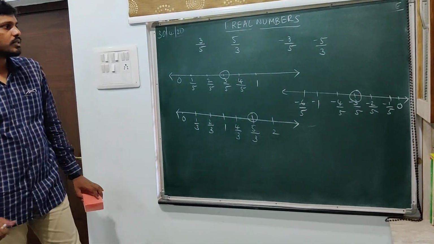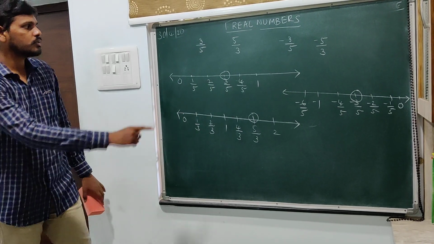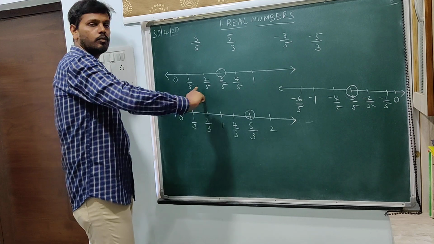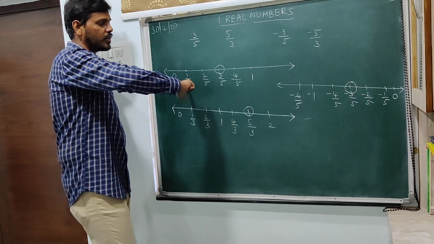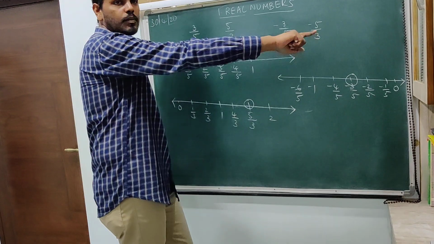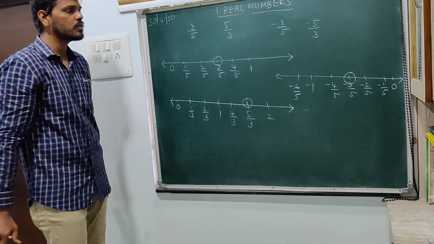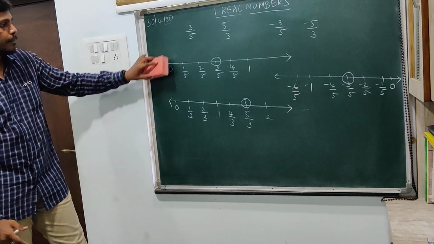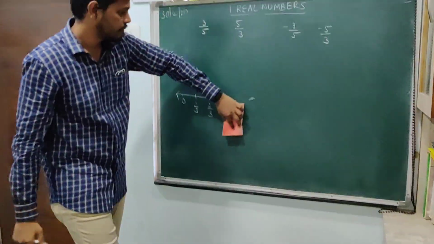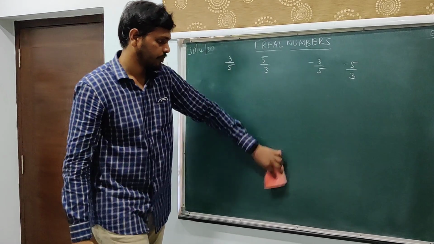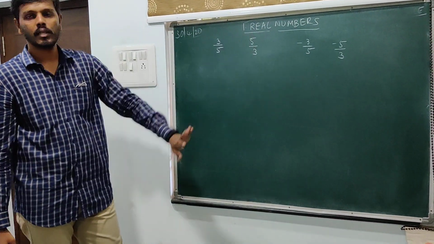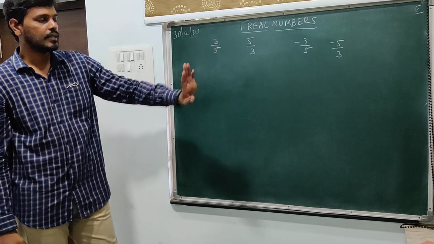Now the fallacy of this method is, if suppose the denominator is somewhere around 27, you cannot write 27 numbers, that is 0, 1 by 27, 2 by 27, 3 by 27. It is a bit laborious. So to avoid such kind of things, we go with a new method that is more effective than the method which we have discussed now. So again, I'll be discussing a positive case, which you can apply the same for the negative case as well.